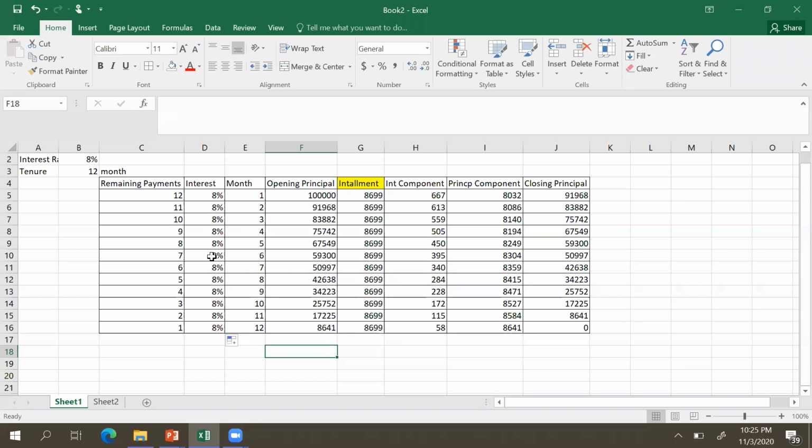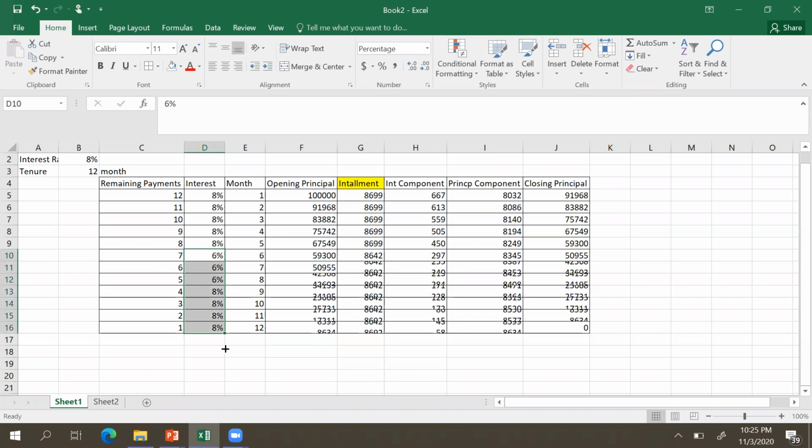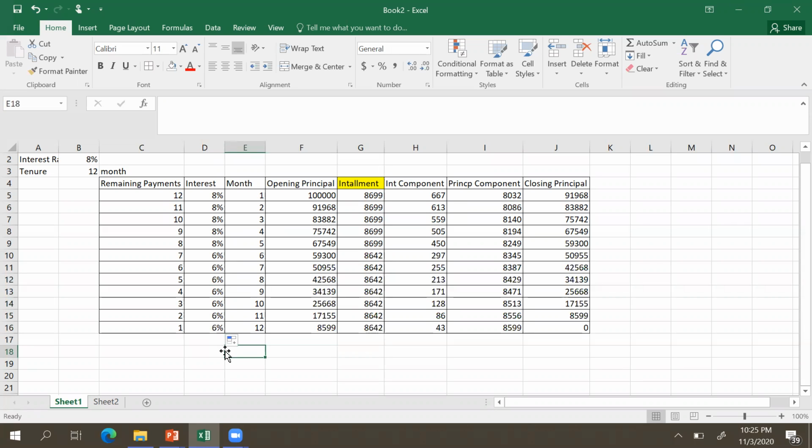Now another case that we said is that the interest rate can reduce. So if you reduce the interest rate, one thing was that your EMI reduces and the tenure of loan remains the same. But suppose we want to keep the EMI constant, at the higher level of 8699. So what will happen? If we keep the EMI at the existing level of 8699, then in your last installment,